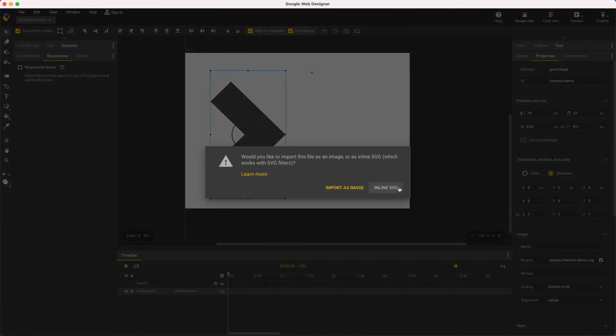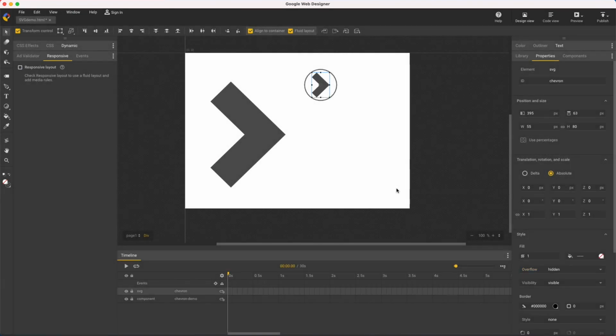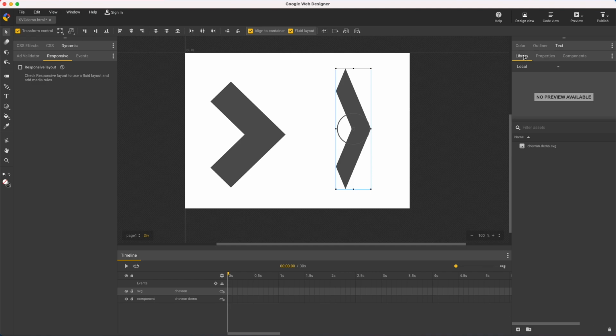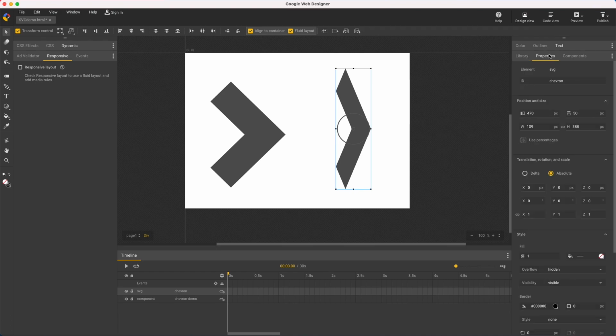The other option for importing inline SVG is completely different and provides total control plus enables SVG filters. For example, now that same file stretches as I resize it. Notice the element is identified by SVG in the Layers panel. There are no image controls in the Properties panel, and the element won't be listed in the library. This file here is the one I imported as an image. So if you wanted a copy of the inline SVG version, you would copy and paste it on the stage.